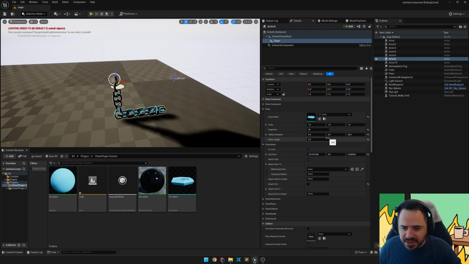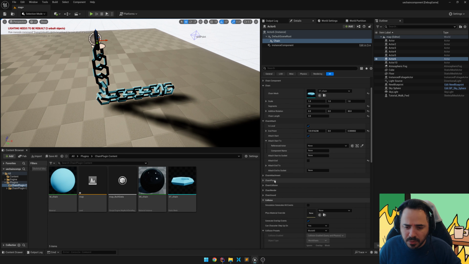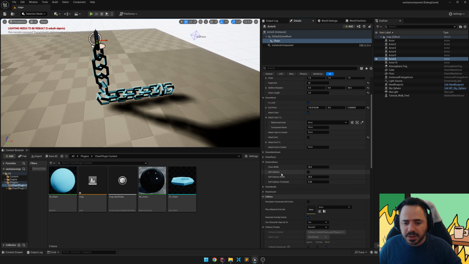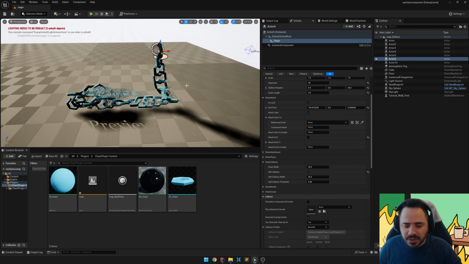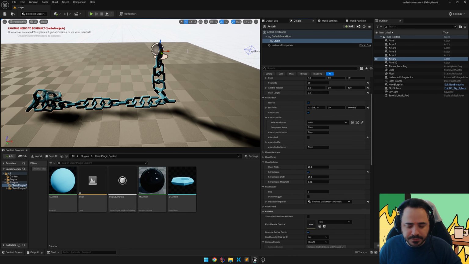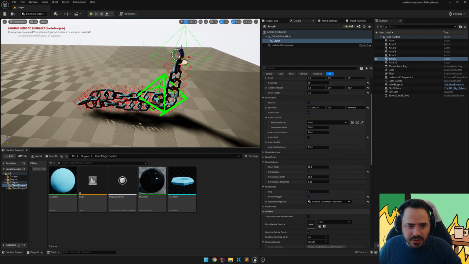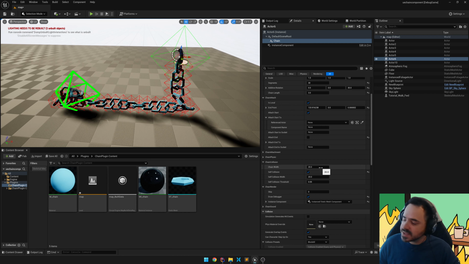So the next thing is, right now you can see the chains are going through each other. You can go under the chain collision and you can enable the self collision, so you can see now it is self colliding. And to visualize the debug drawer for the chains, you can enable the draw debug here, so you can see what is the size of each chain's sort of collision. So this is not a physical collision, it is just a mathematical